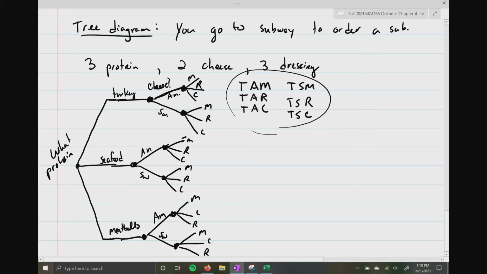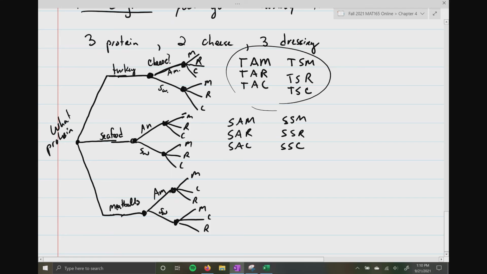All right? Now, that means for the seafood, you're going to have the same basic setup. So, seafood, American mayo, seafood, American ranch, seafood, American chipotle. I guess I might as well just do it for all of them. Now I'm feeling the flow. So we have seafood, Swiss with mayo, seafood, Swiss with ranch, and seafood, Swiss with chipotle. And then the last one is going to be